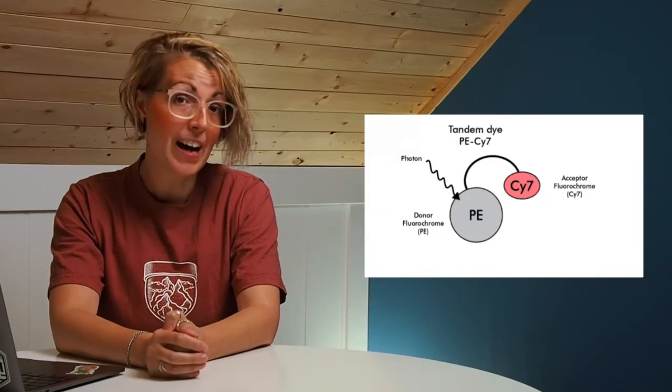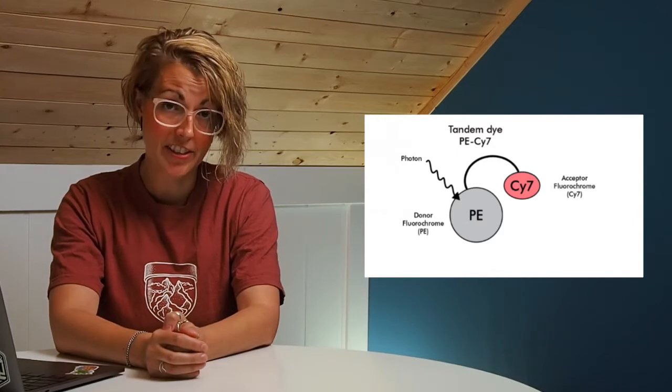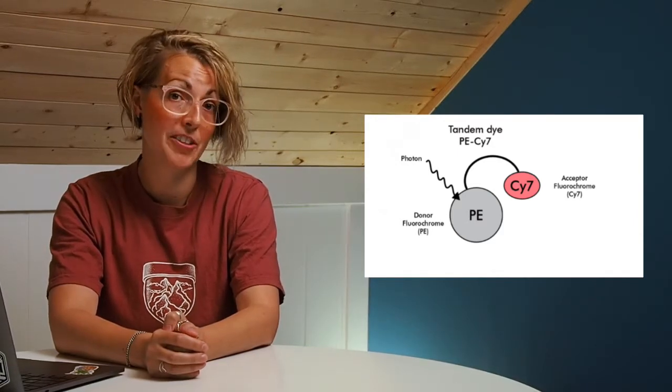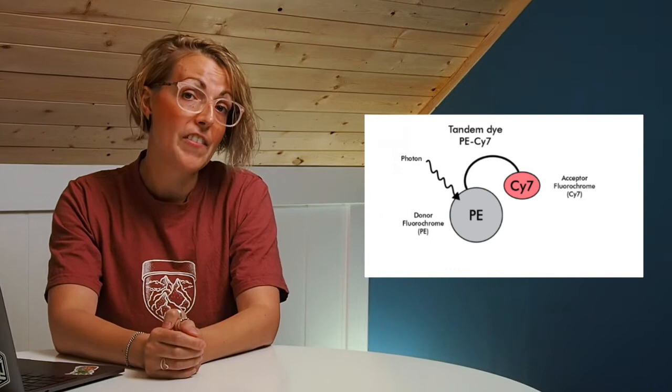They are not interchangeable. When working with tandem dyes, you must use the exact same vial of antibody on your compensation controls as you have on your experimental samples. This is due to lot-to-lot variability in the chemistry of tandem dyes. So similar to how FITC and GFP cannot be used to compensate each other, slight variations in how tandems are made are going to result in the same issues in your compensation controls.